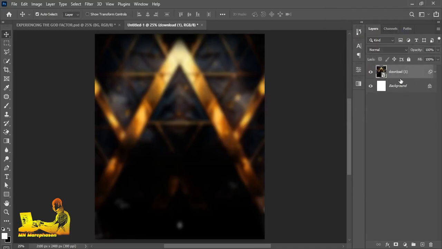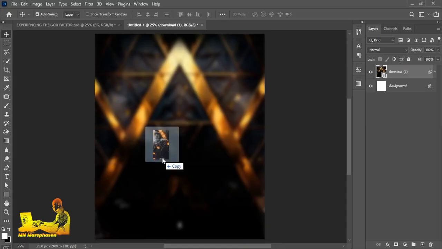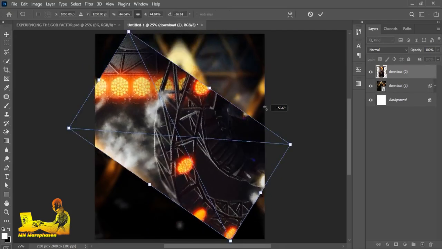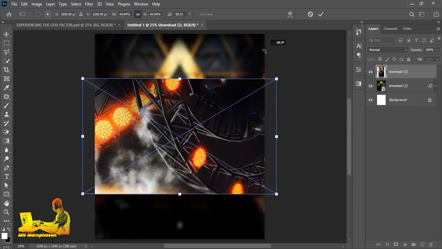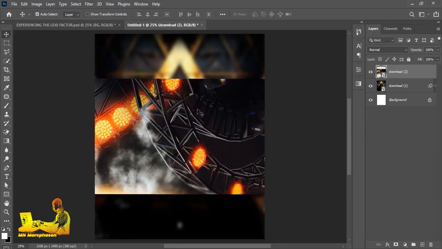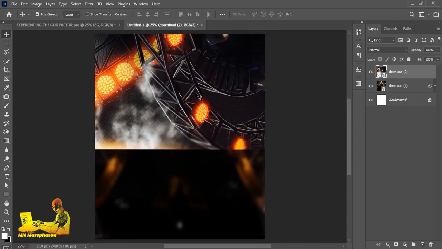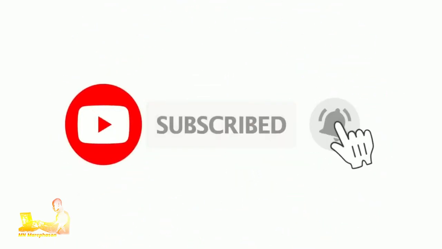Now I'm going to import our second image, which is this, into Photoshop, and I'm going to rotate it like this. To this level, it's okay. And I'm going to take it up like this. What I'm going to do, I'm going to add a layer mask on our image, and I'm going to take